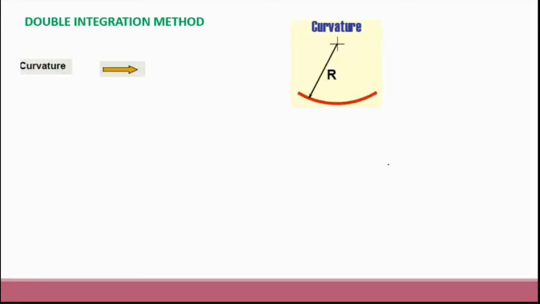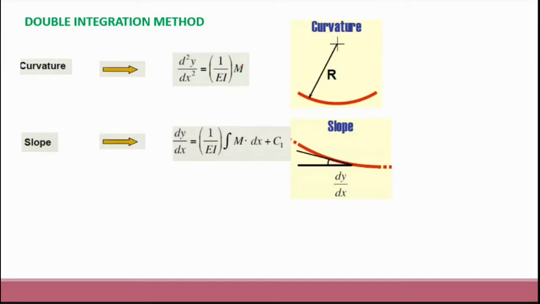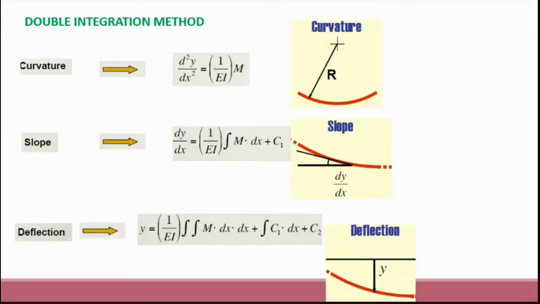So first you identify this d square y by dx square. So you identify what is the M value. Integrate it, right? When I integrate, I will get slope. You will get a constant. Again integrate. You will get two constants. Apply the boundary conditions for these constants. Then find out what is the deflection and find out what is the slope. This is the concept, nothing else. So we find M, based on M we integrate to find slope, integrate again to find deflection. That's it, right? So very simple concept. So we'll be using this concept.